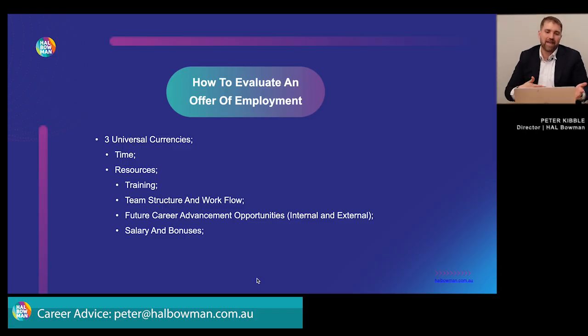So those are the things that you've really got to consider, and it's really hard to know this stuff if you don't know it, right? If you've just been working in accounting and you haven't really spent much time looking at the, whatever it is, 6,000 accounting firms there are in Australia, 6,000 plus probably, then how do you know which one's going to be better or worse? And then add the next level of complexity to that, which is if you're dealing with multiple recruiters, each recruiter, assuming they know what they're talking about, is really going to emphasise the benefits of one over the other.